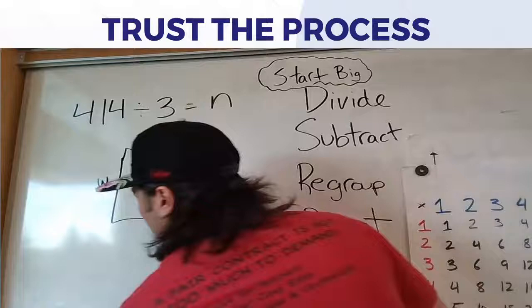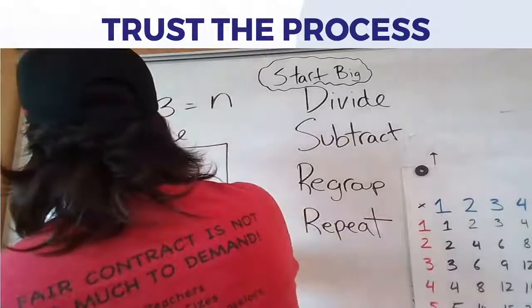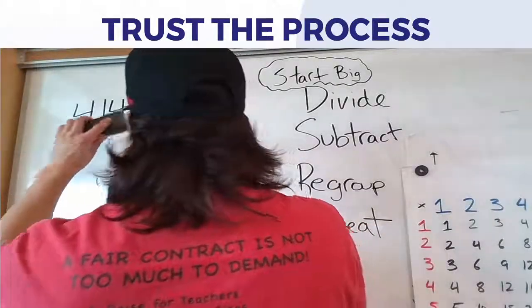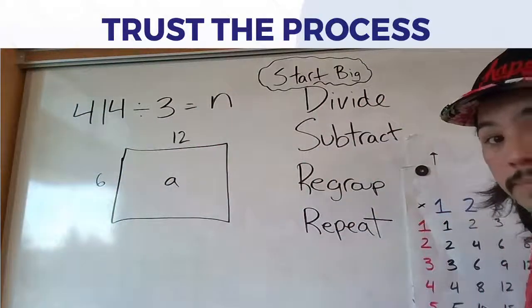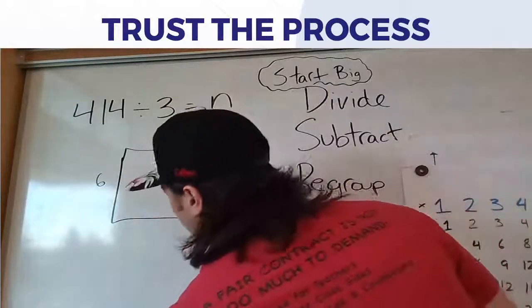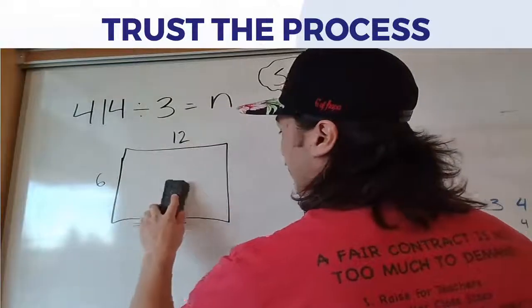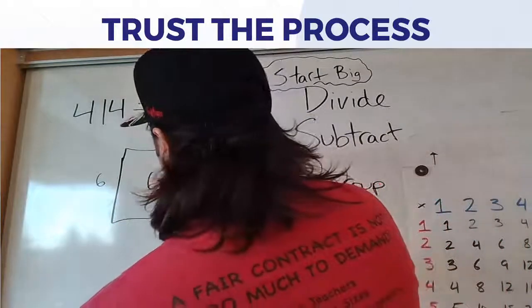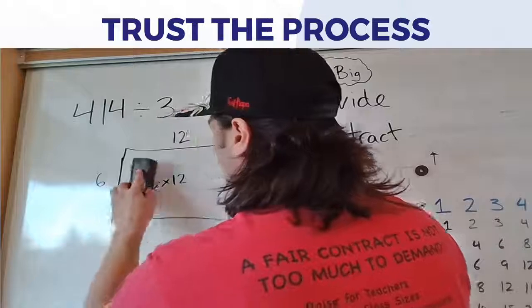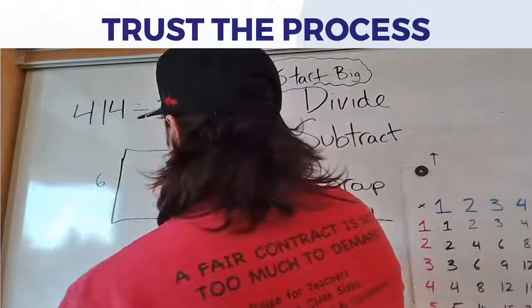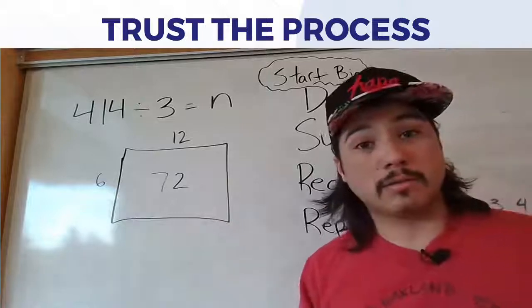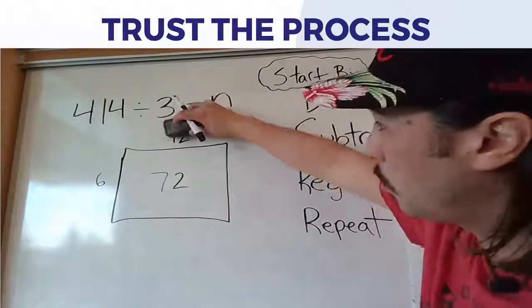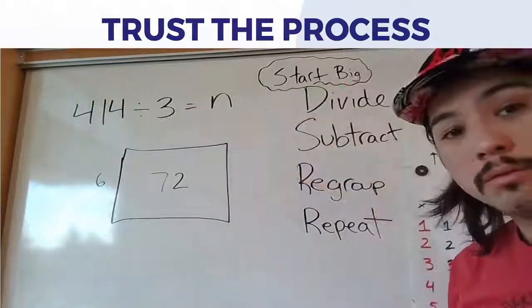So if we put 6 and 12, our area is going to be 6 times 12, or 72. We can use this same model for division, except we know the product,